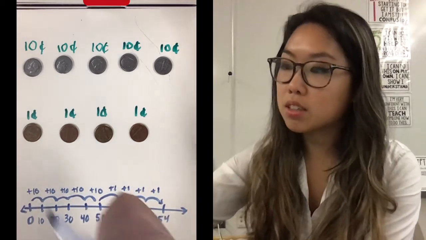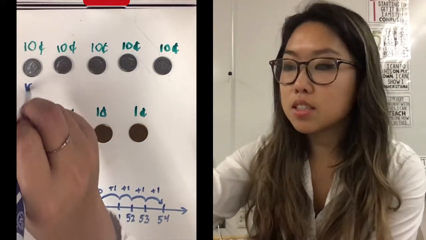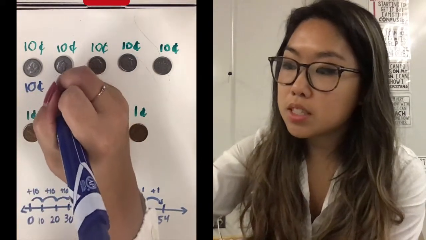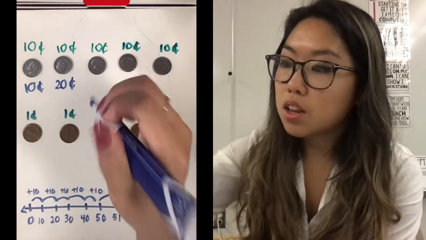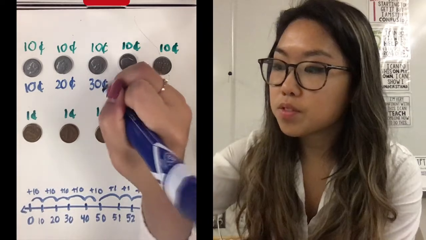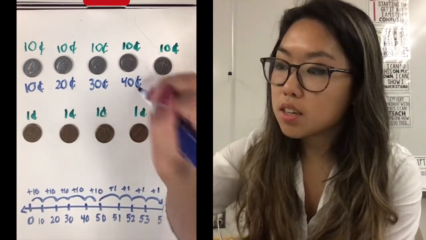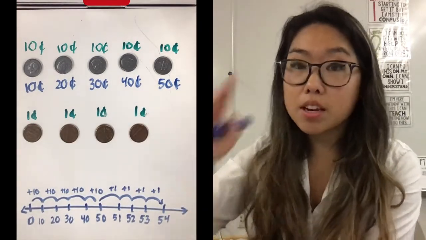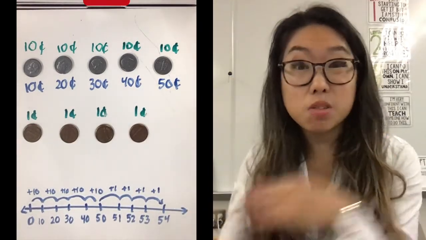coins and skip count. So I know this is 10 cents. Don't forget, we always want to write the cent sign. 20 cents, 30 cents, 40 cents, 50 cents. And remember, friends, we are skip counting by tens and ones because we have dimes